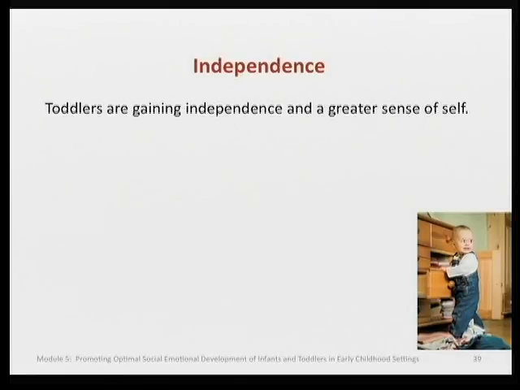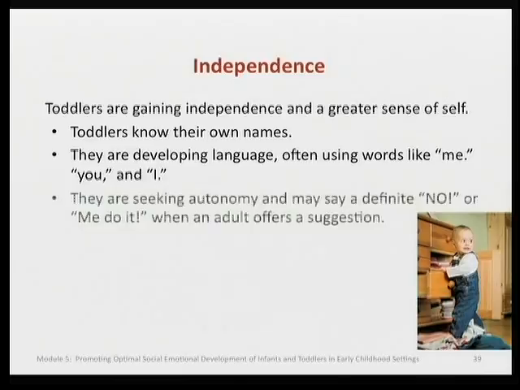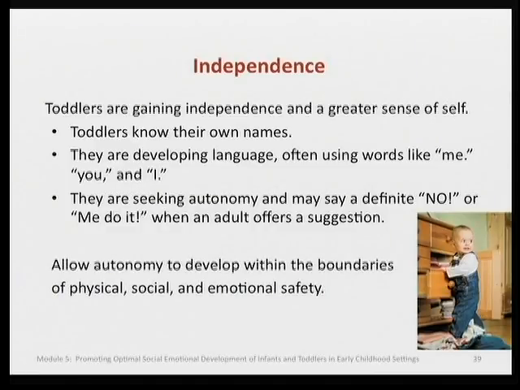By 2 years of age, toddlers are gaining independence and a greater sense of self. They know their own names and are developing language, often using words like me, you, and I. Toddlers are seeking autonomy and may say a definite no or me do it when an adult offers a suggestion. They may frequently change from cooperative to stubborn. They may throw tantrums when frustrated by physical skill level or other barriers. Proper caregiving and a supportive child care environment will help allow autonomy to develop within the boundaries of physical, social,